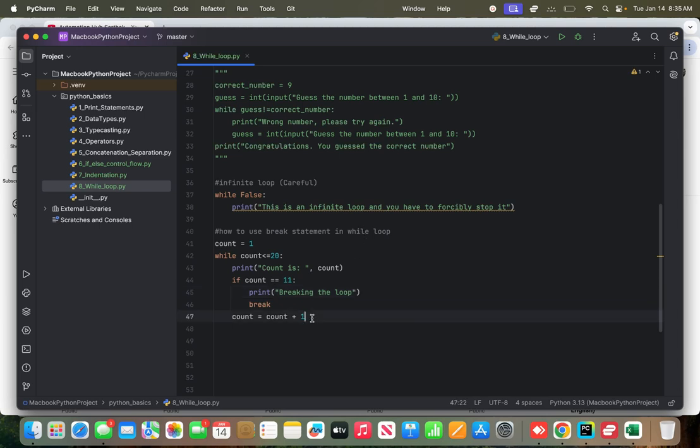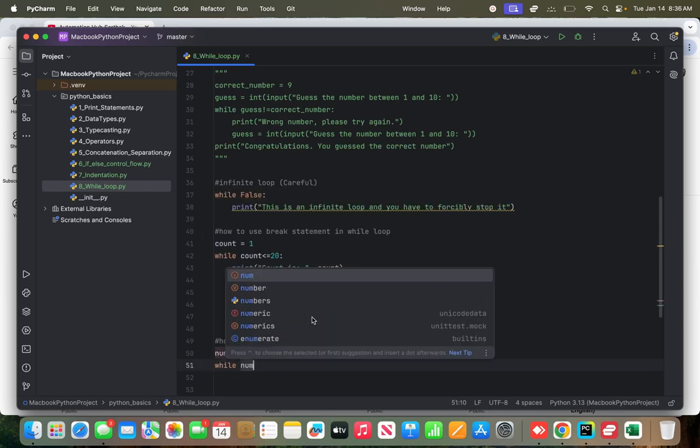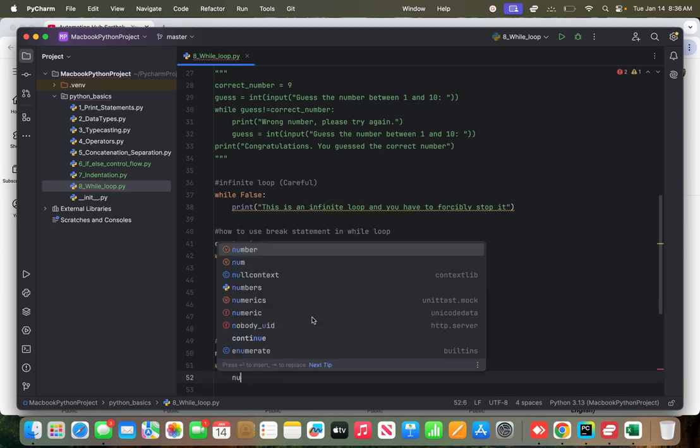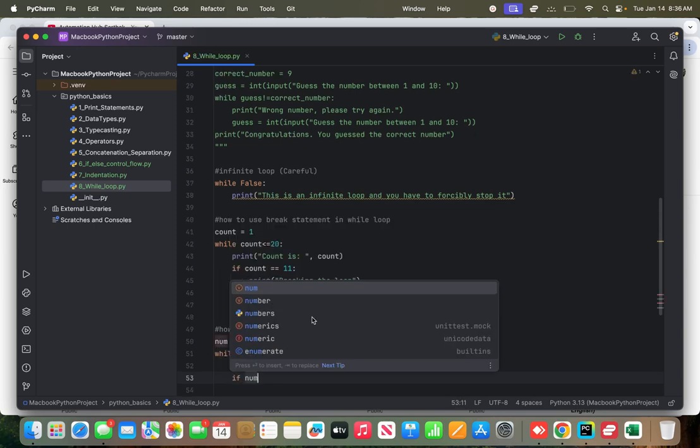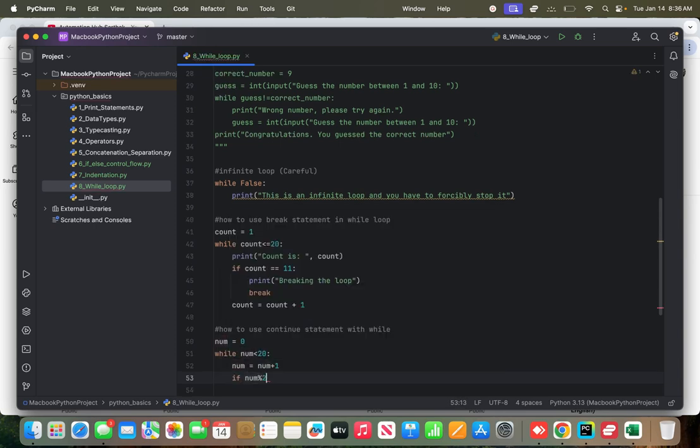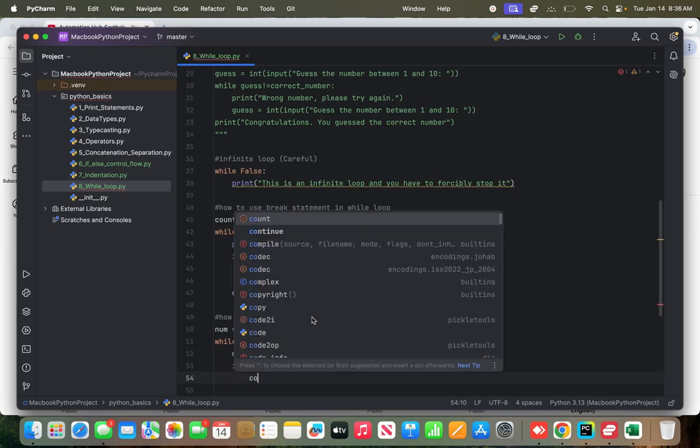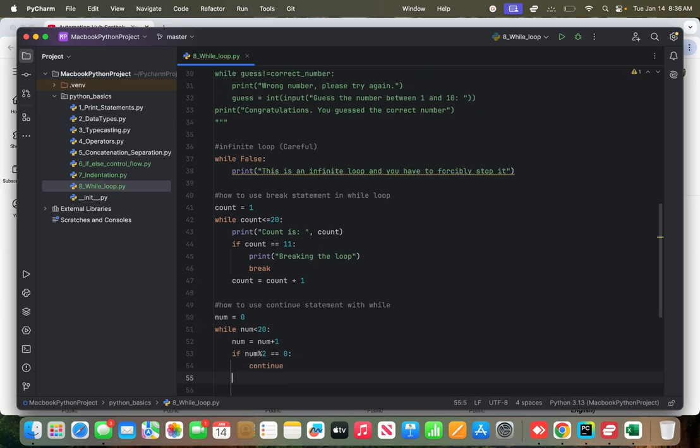Now let's see how to use the continue statement with while. Okay, so let's say num equals 0, while num less than 20, let's say num equals num plus 1. Okay, if num modulus 2 is 0, then continue. Okay, or else print